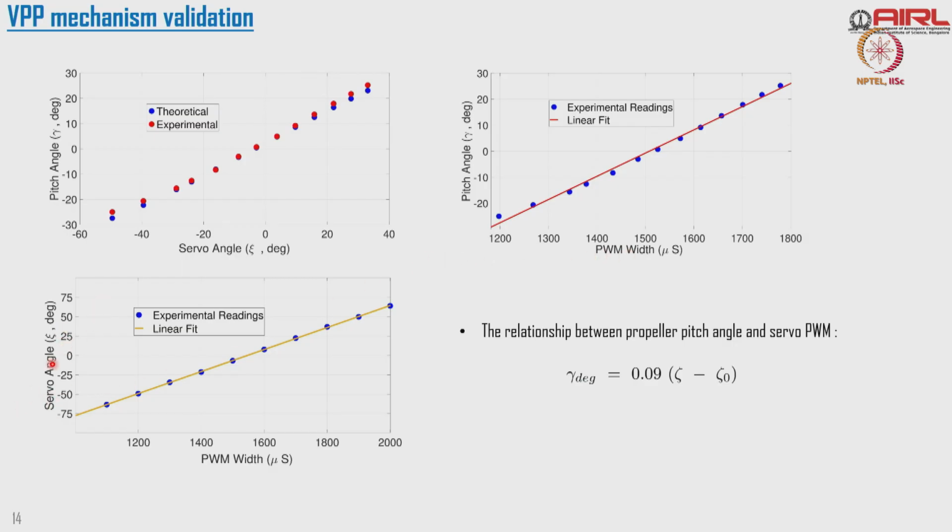Same things we did for servo angle and PWM. So we did all the analysis, experimental versus theory, to validate, and then using the experimental data we did the linear fit. Using the relationship we can see that the pitch angle gamma in degrees one can achieve is 0.09 gamma minus gamma naught. With that I can get the pitch required for the particular servo,